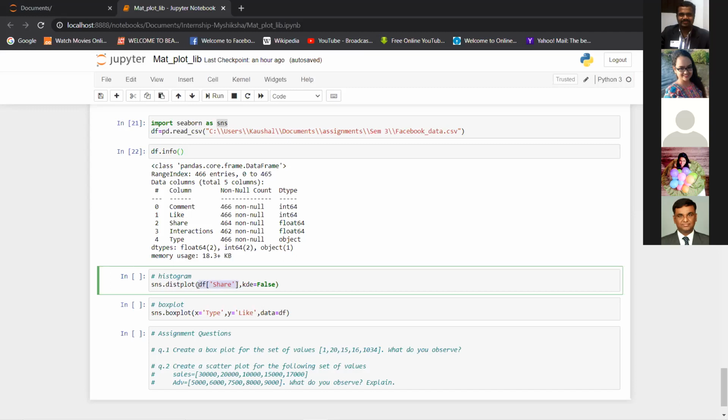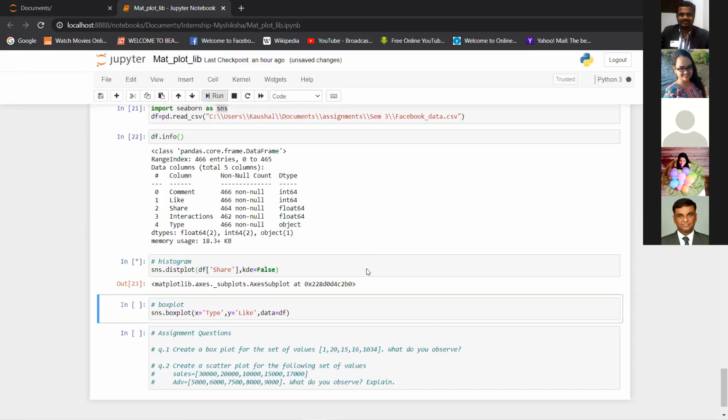So I'm using the naming convention to use a column, as you might have seen in the pandas class: df, and inside the brackets, the share column. This is how I'm using the share column. And after the comma, there is something I'll show you.